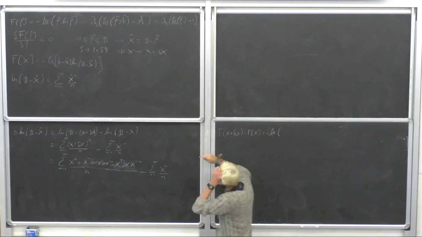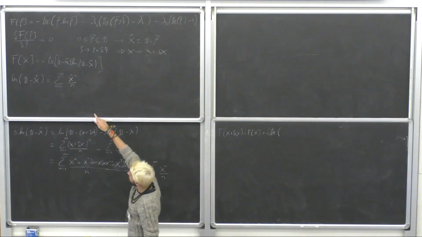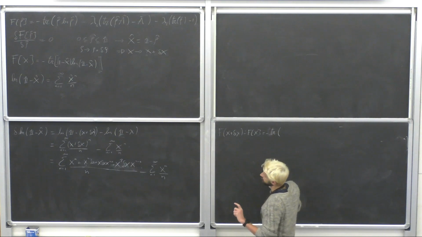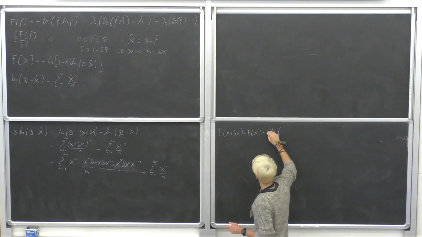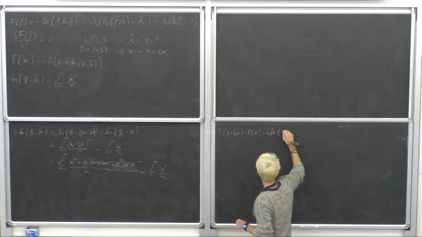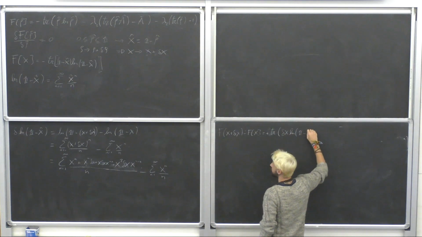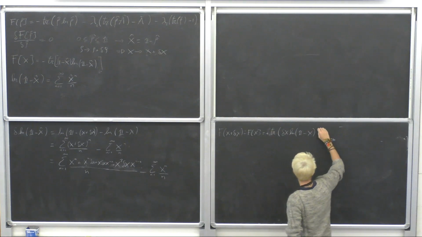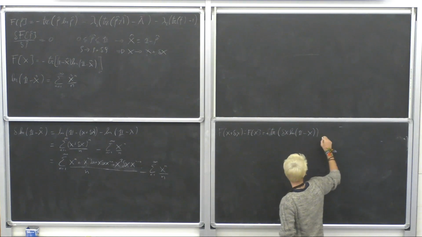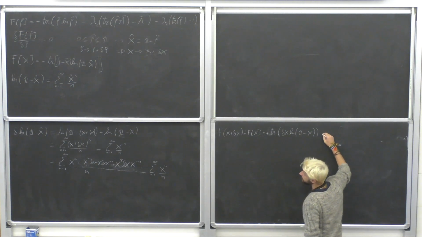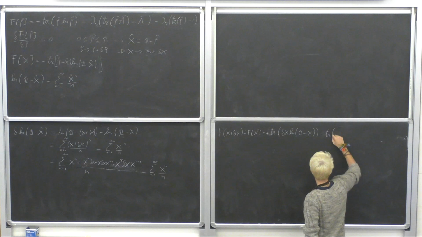We have a first part, which is just a delta x remaining from 1 minus x plus delta x minus the other term. So we have just trace of delta x logarithm of 1 minus x. And then we have the second part, which is minus the trace of